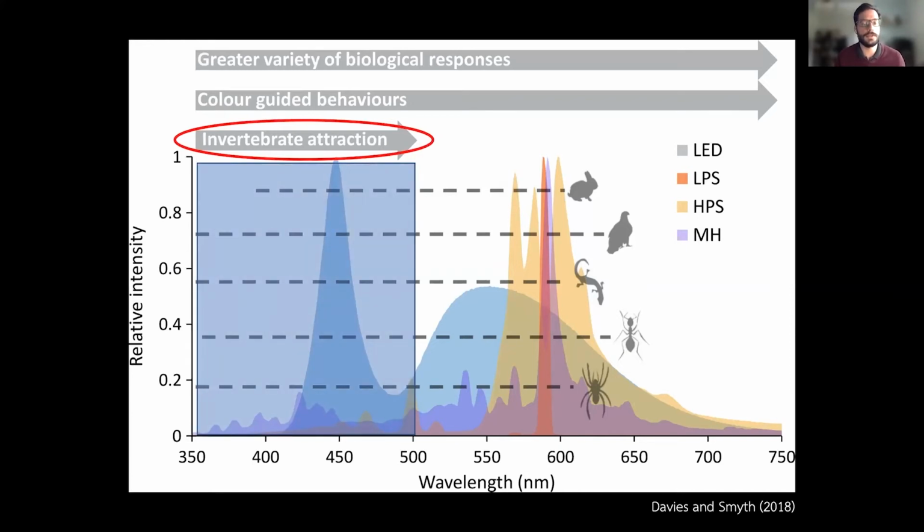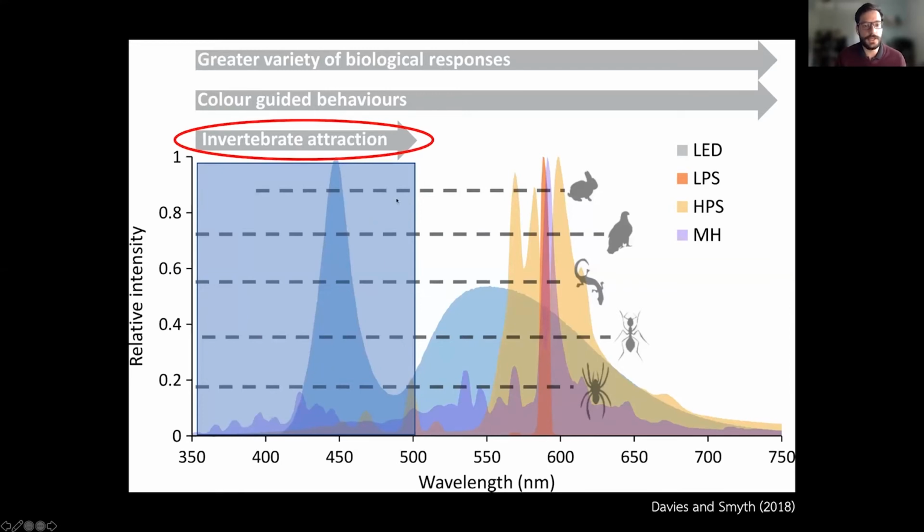And talking about invertebrates here, just to give a very short view, we know that invertebrates and many animals are attracted to light. Here you can see the intensity, how animals react at which wavelength to this light. Of course, biological responses are over all wavelengths, not only the visible light. Animals, we know, can even see infrared, for example. So there are a lot more impacts on these animals. But invertebrate attraction is especially for the shorter wavelengths, so for the blue light.